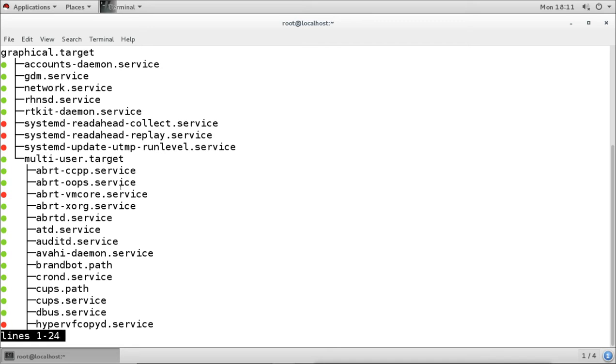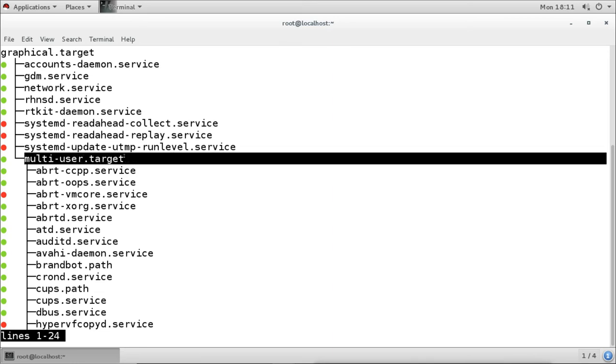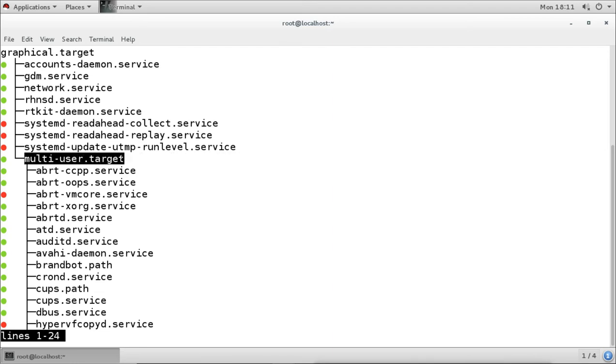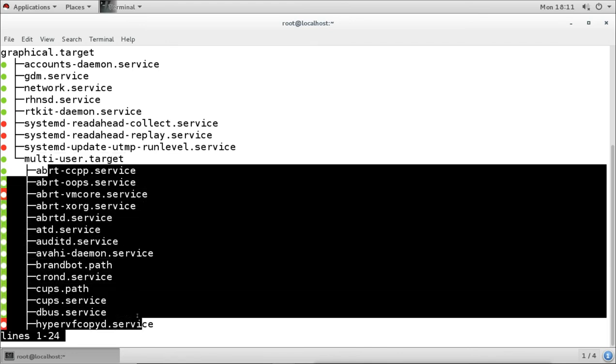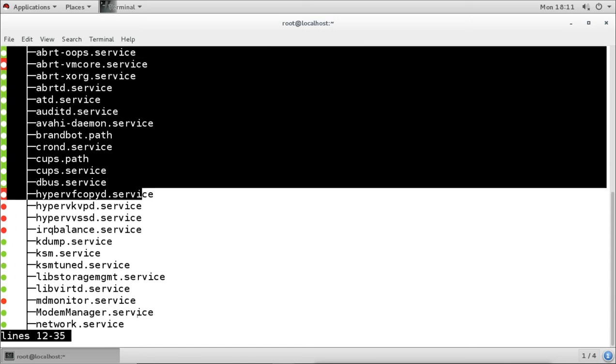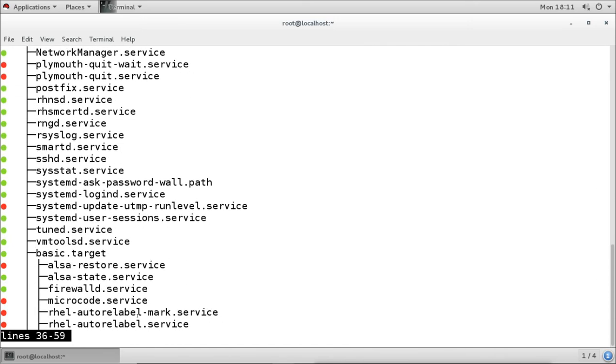This graphical.target first needs to run these services with this target, multi-user.target. Now multi-user.target is actually our command line. So first the command line will execute, then the graphical will execute with these services. For running the command line, we need to have these services and targets running first. And you can see it in a hierarchical way.